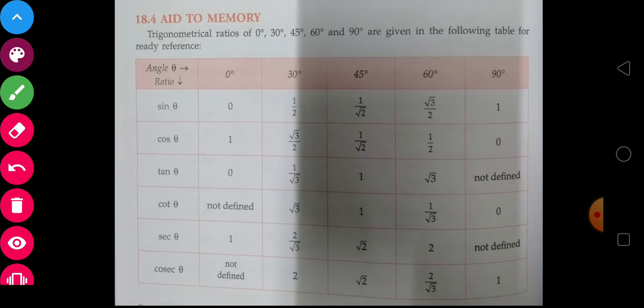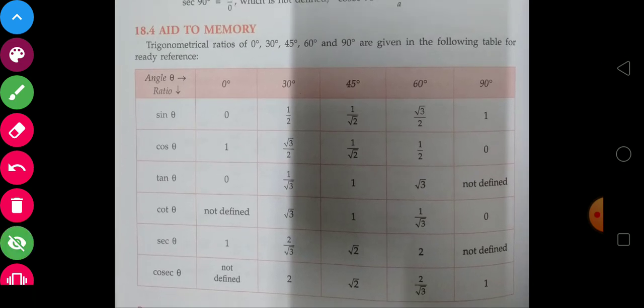Okay, so what we have to remember now is this table. What is this table? These are the trigonometric ratios, and here, arranged horizontally, are the angles 0, 30, 45, 60 and 90. So these values that we found out, we have written in a tabular format. Now when theta is 0, sine 0 will have value 0.